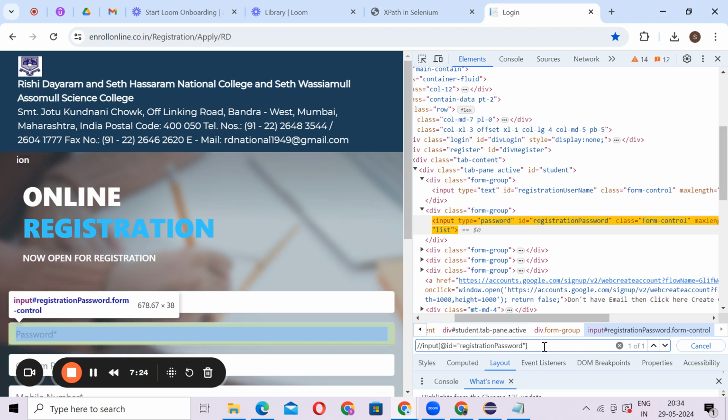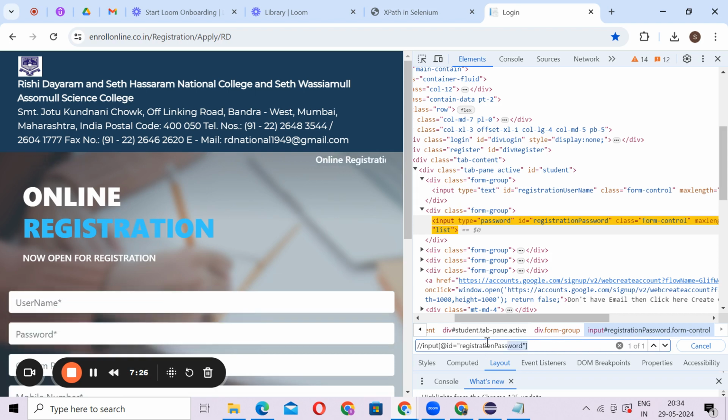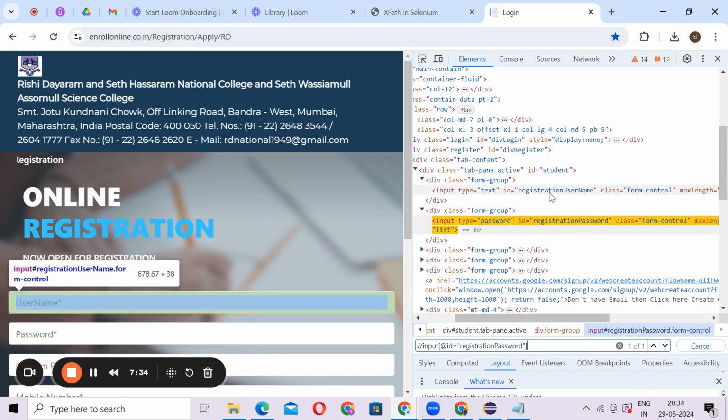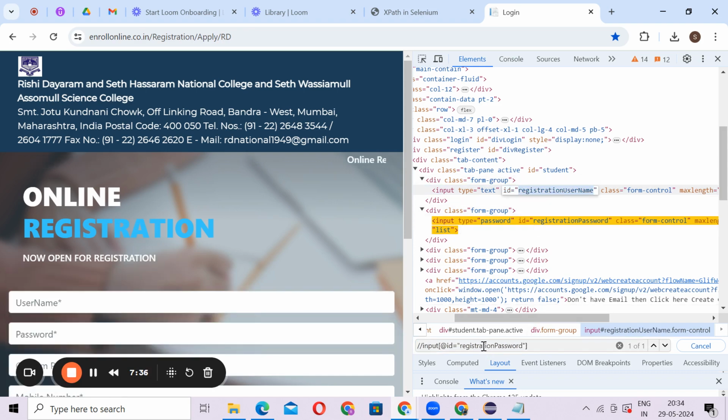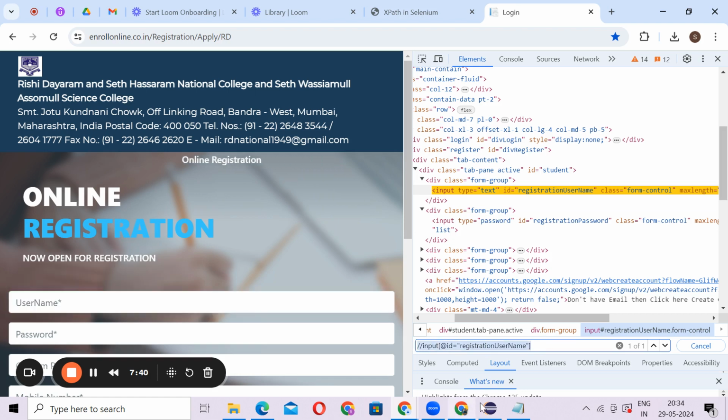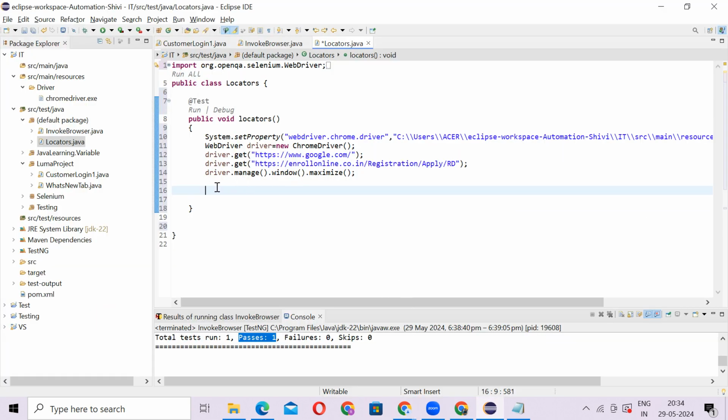That means the count is coming one. That means this path is unique, meaning with this ID only one field is there. So let's take this username only, paste it here, and then copy this XPath.